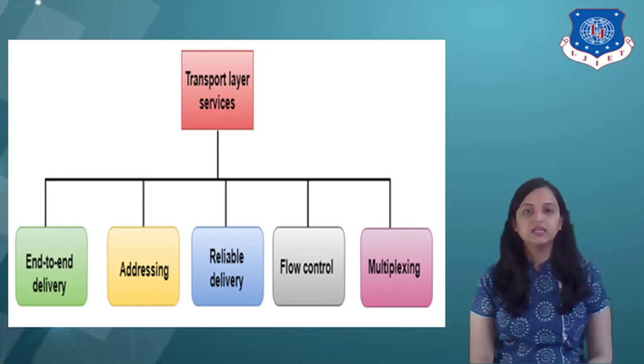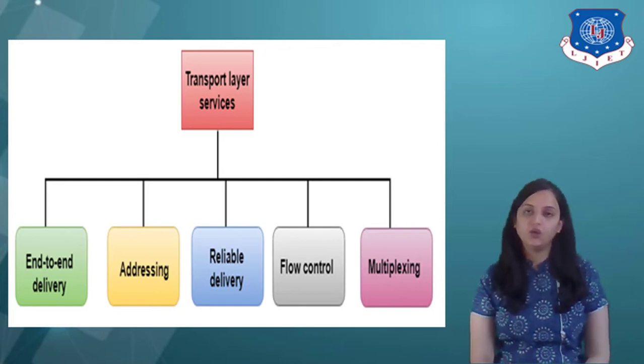And in these cases, delivery to the session layer means delivery to the application layer. So data generated by the application layer on one machine must be transmitted to the correct application on the other machine. In this case, addressing is provided by the transport layer. That means at which destination the data is to be transmitted, and for that, the address of the destination is to be known by the sender host. So addressing is again an important service at the transport layer. So these are the transport layer services.